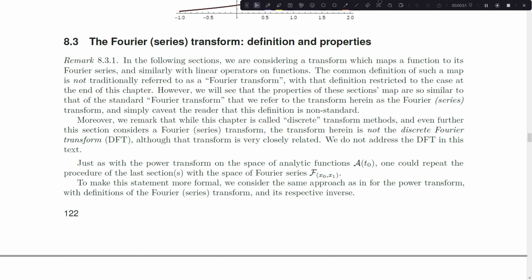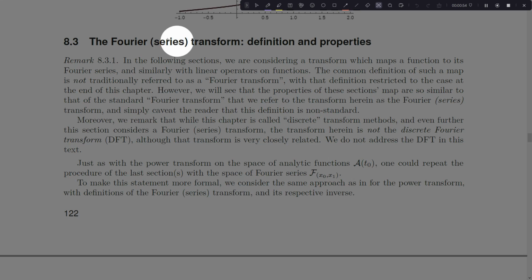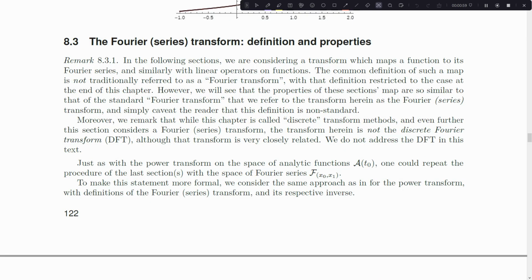And I want to talk about the name here. I'm giving it the Fourier series transform name. Some people would argue in favor of calling this a Fourier transform. Other people would argue against calling it a Fourier transform. I think in general, I feel like it is a Fourier transform, and I think most people would agree with me,